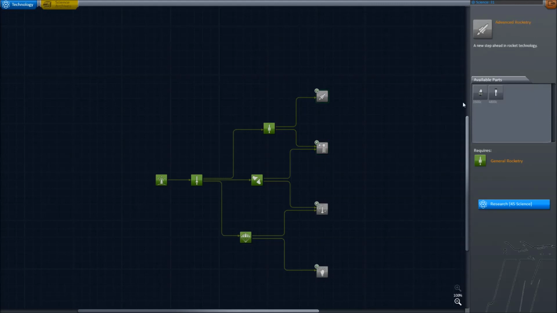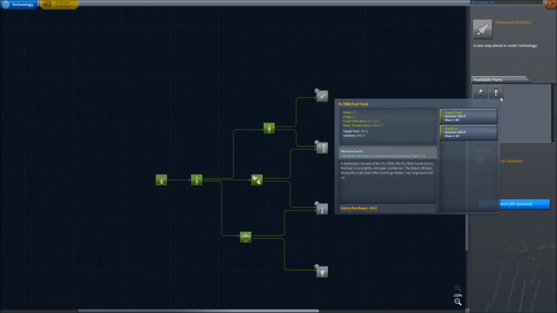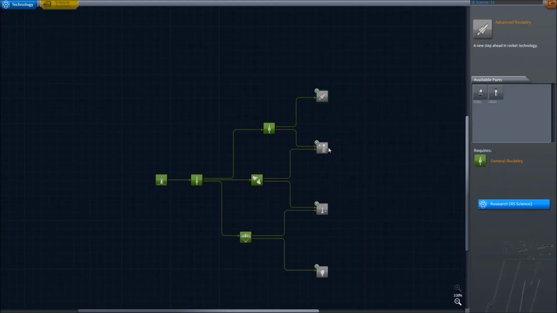And now we have the option to unlock a radial mount, liquid engine, and a fuel tank that holds 360 liters, I'm guessing, of fuel. And actually, even to unlock this, we need the general rocketry too. So that's going to be it for this